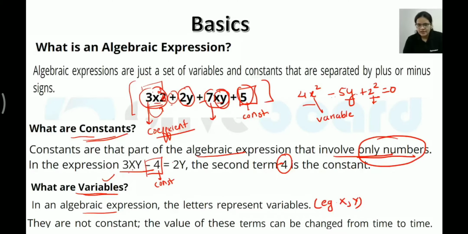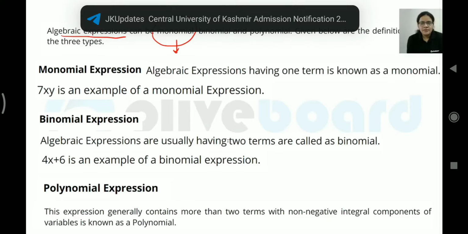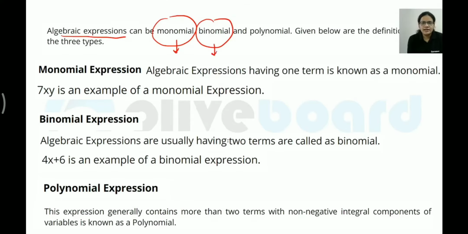Now, let me tell you one more definition about the algebraic expression. This algebraic expression can be classified. Let me tell you the types of this, not the definition. What are the types of algebraic expression? If you have only one term involved, I will call it a monomial. Mono means single. When I have two terms involved, I'll call it a binomial. Binomial means two terms. Polynomial means n number of terms. So monomial, binomial, trinomial. Likewise, you can remember how many terms are there.